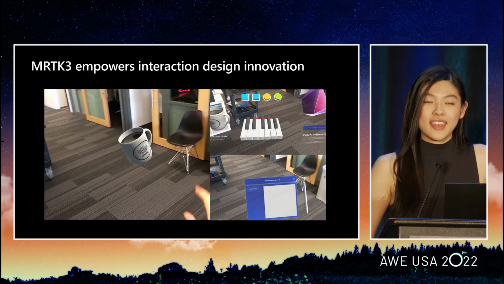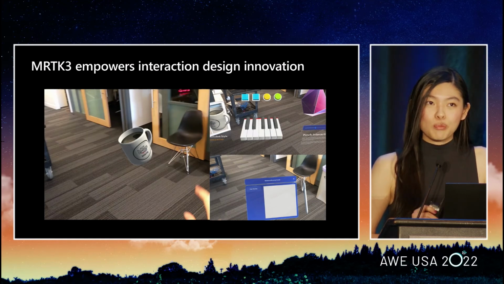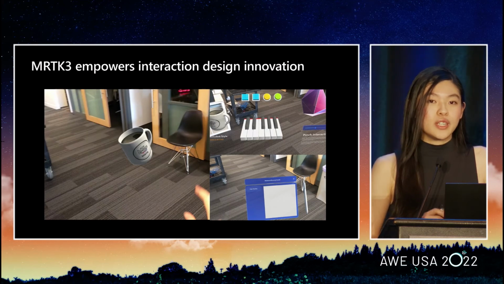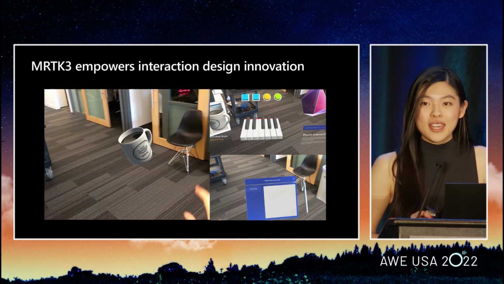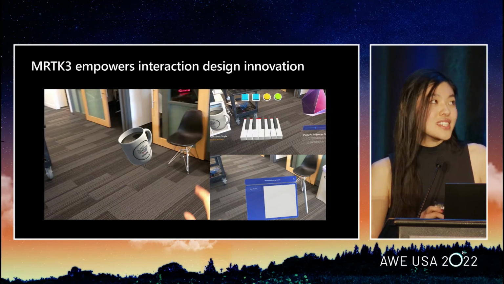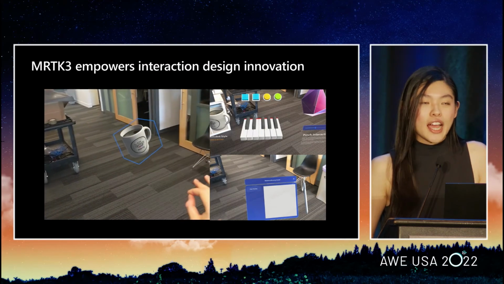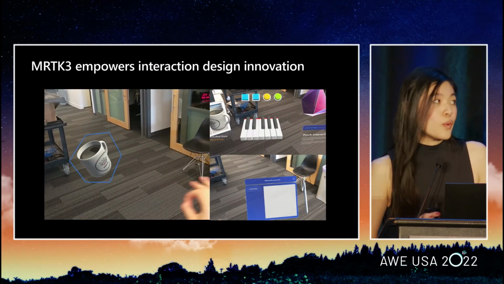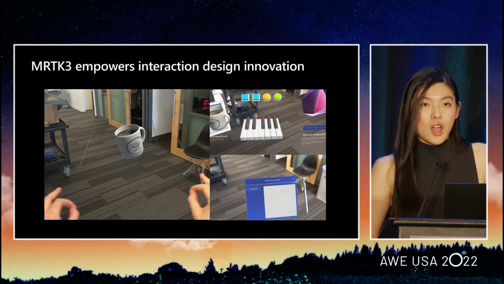Microsoft does a lot of work in the interaction design space. And MRTK3 is a fantastic platform for making new interactions and building apps that leverage those new designs. Because of MRTK3's new architecture, we make it extremely easy to build just about any type of interaction you can think of. So let's take a look at an example. Here on the left is a new interaction that allows you to target an object with your eyes while selecting them with your hands. While here on the right,